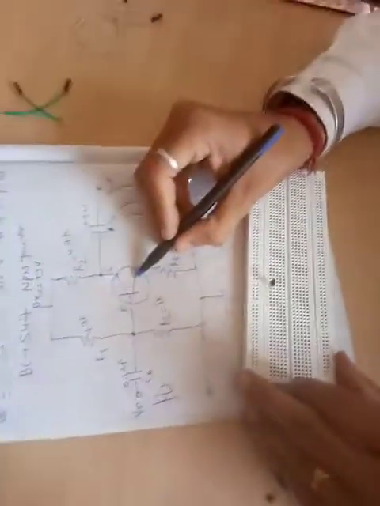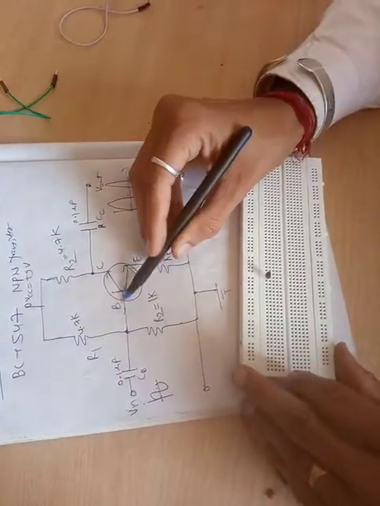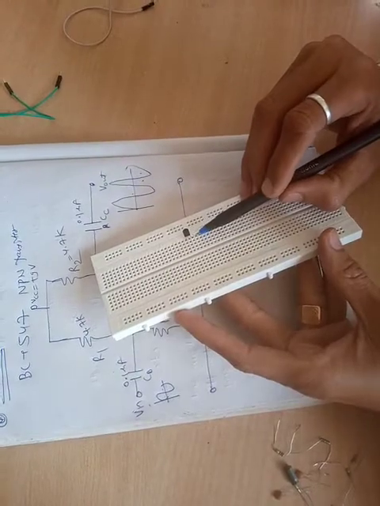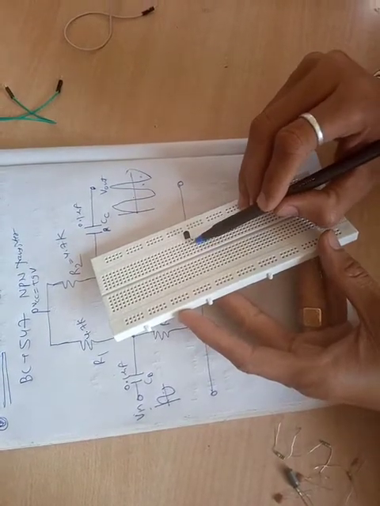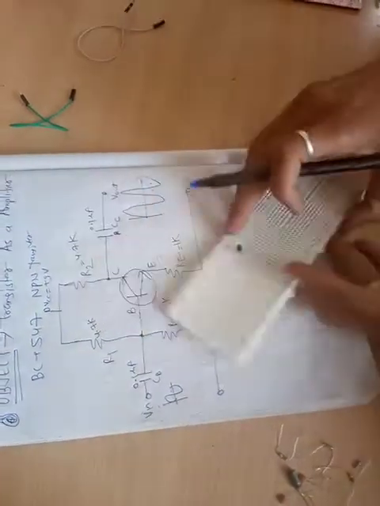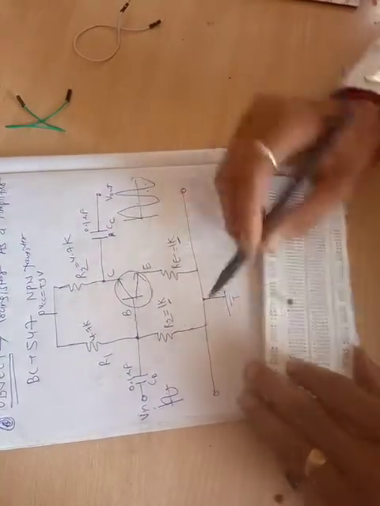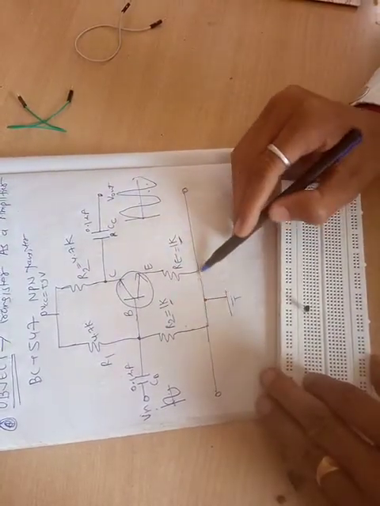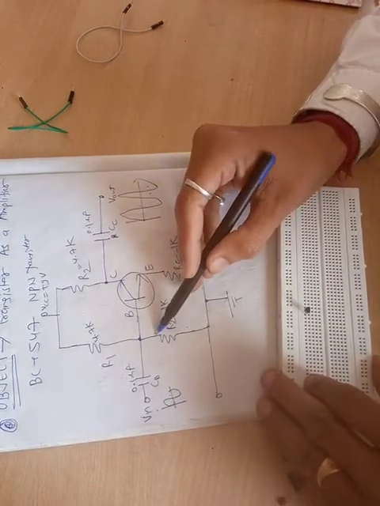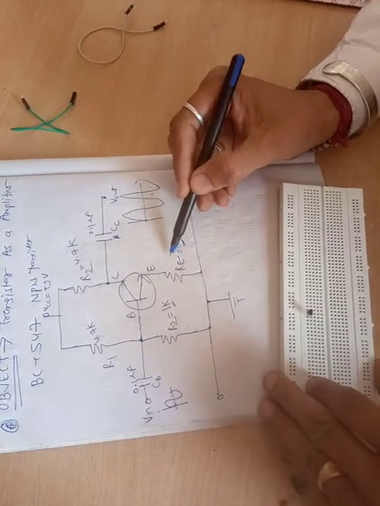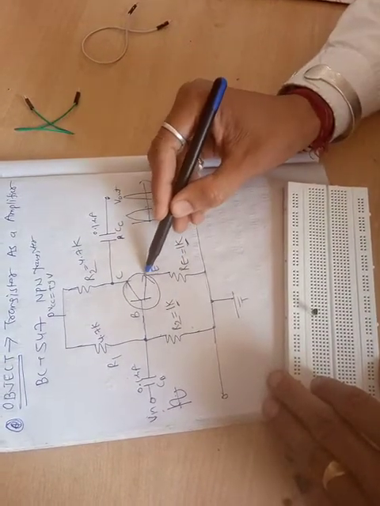See, this is a transistor in which 3 terminals are there: collector, base and emitter. It is a similar BC547 transistor, this one is the emitter terminal, the middle one is the base, and the third one is the collector terminal. Now see, 1 kilo ohm and 1 kilo ohm, 2 resistors are connected at one side, and the other side of one 1 kilo ohm is connected to the base, and the other 1 kilo ohm resistor is connected to the emitter terminal.